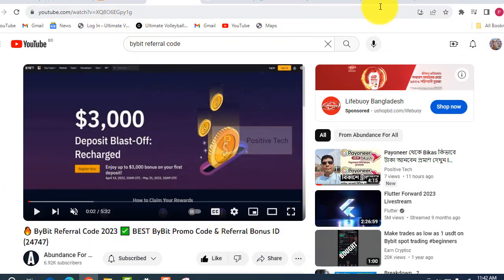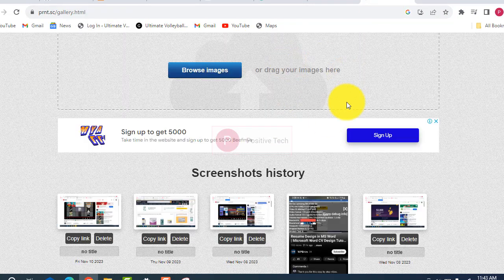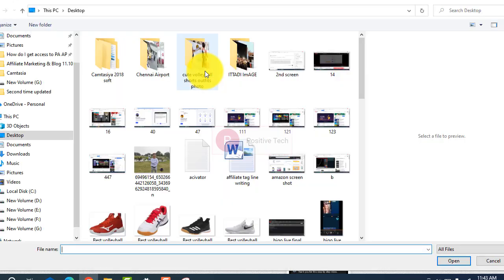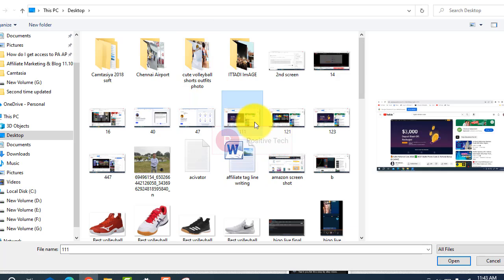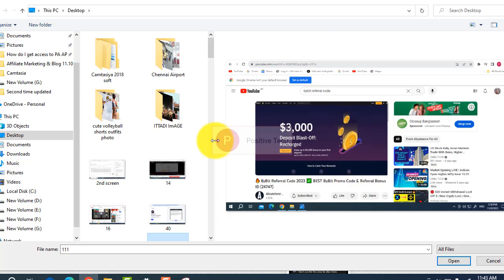Okay, it is Lightshot, and browse that. You can paste the image, and then here is the image. The first time you can copy and open. Whenever it opens, it will be copied here.